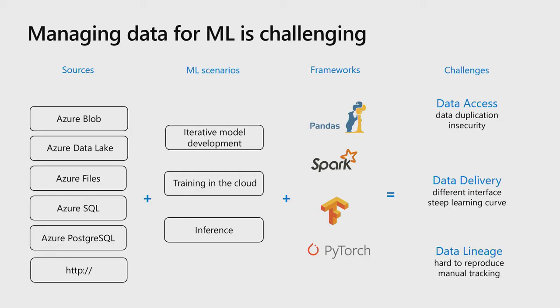The last challenge is around data lineage. So basically, after your model is produced, the next problem data scientists need to solve is to prove how my model performance is actually reproducible. And in the past, users have had to manually check the information about how the model was produced, and which piece of data was used to produce the model.